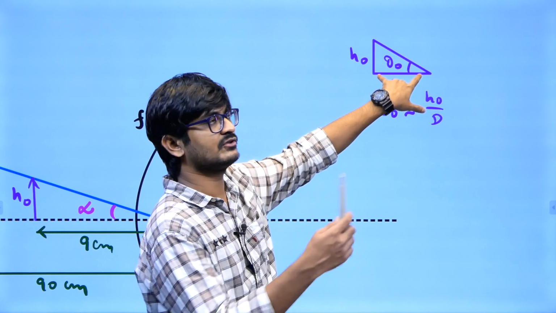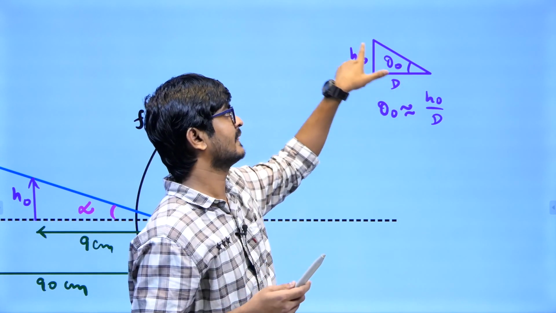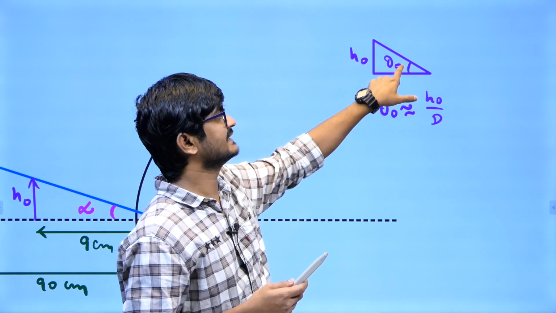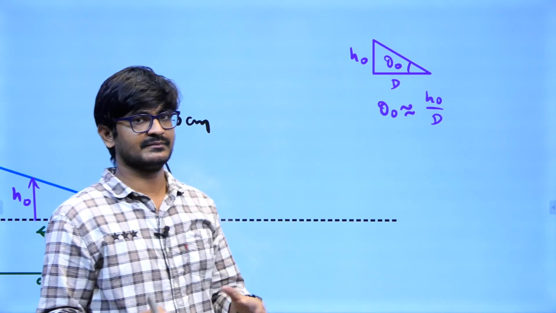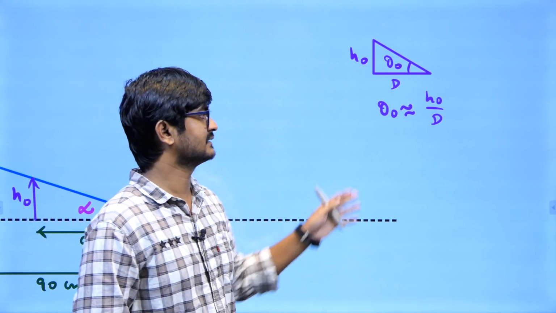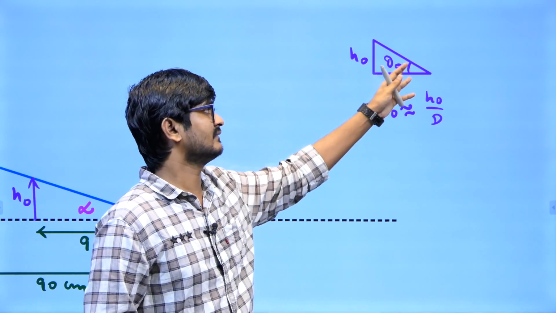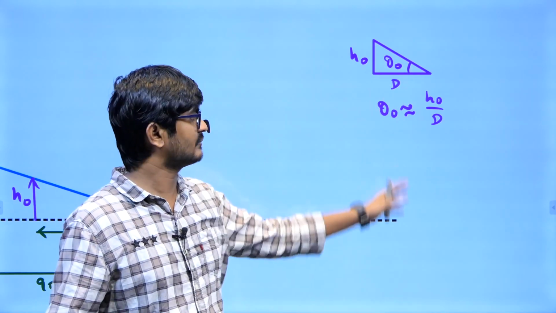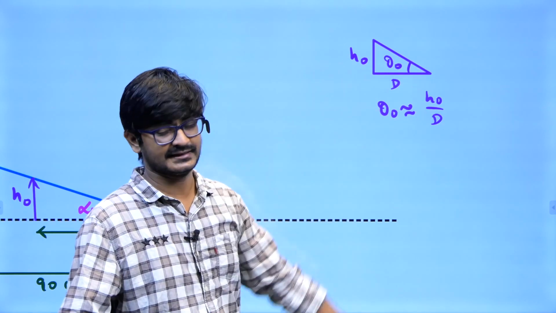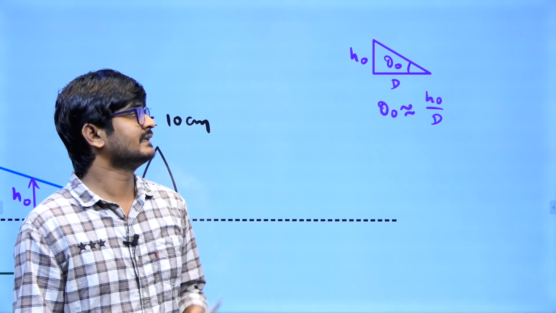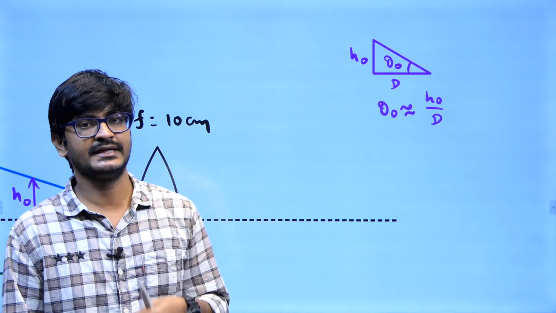So when you bring the object to a distance of 25 centimeter, let me say the height of the object is h0, then theta naught is the angle subtended at your eyes. So this is the maximum angle that can be subtended in the normal case. Now if the angle is small, then you can approximate tan theta equal to theta, which is h0 by d. But our purpose now is to increase the angle subtended